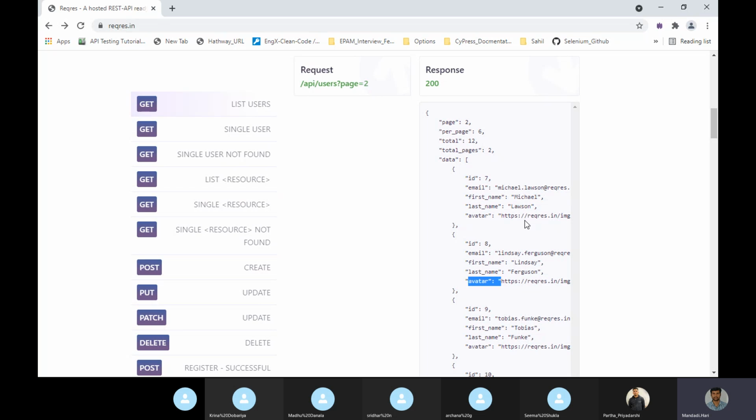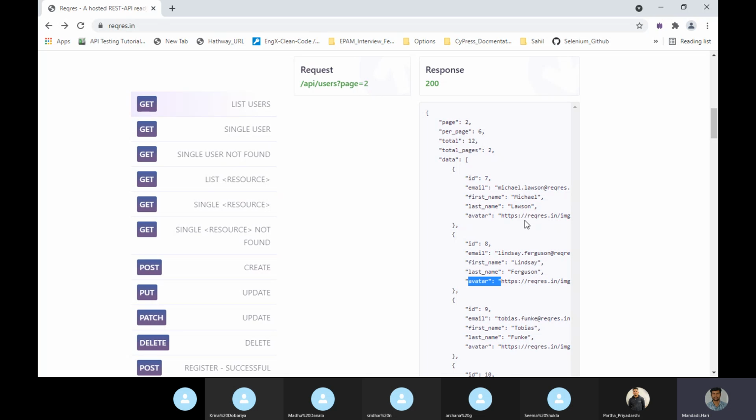Suppose I am filtering get bank accounts. Say there is one API, get bank accounts, with account type equal to savings. That is called filtering all the bank accounts with savings.